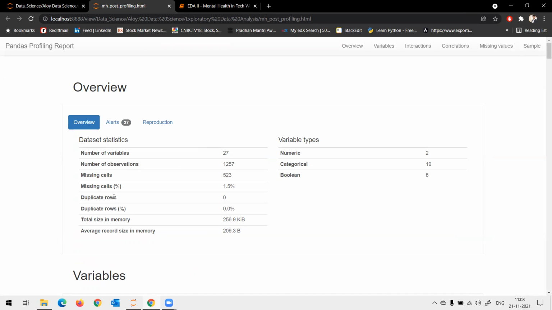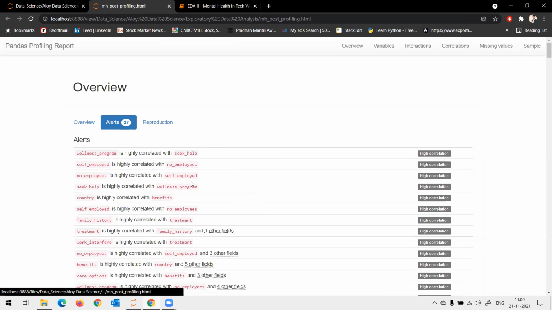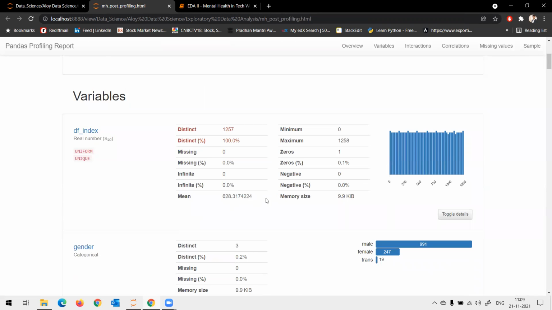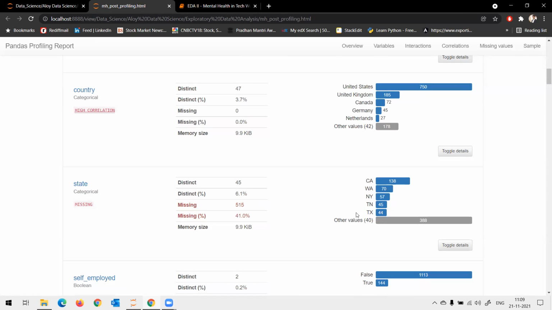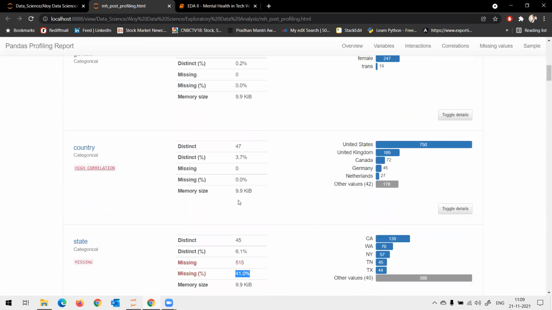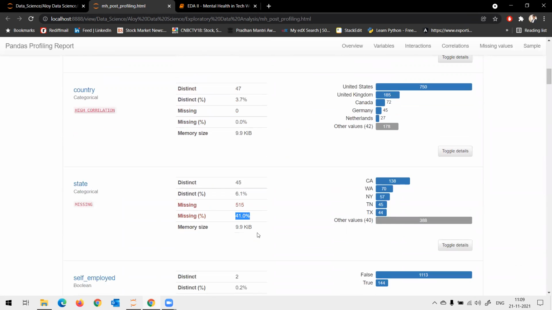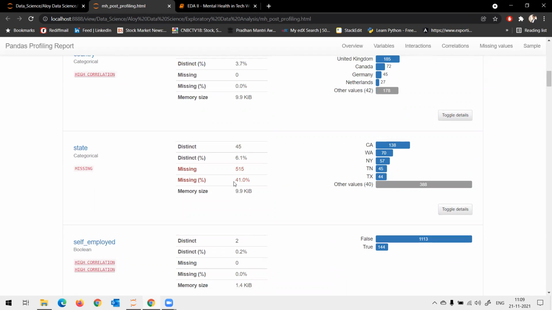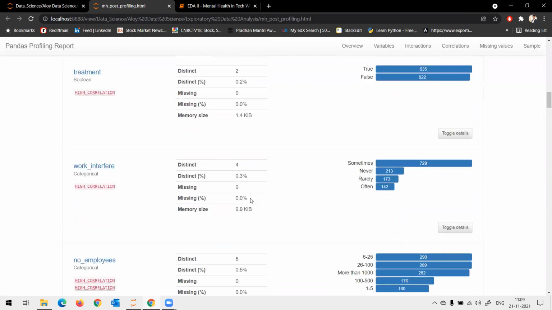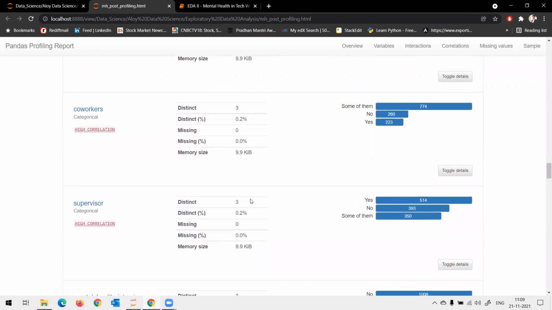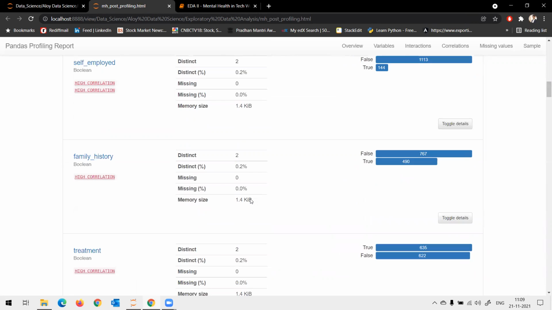After fixing the data, I still see that there are some missing cells. That is basically from my state category. But I will not be more focused on analyzing my data with respect to state, because maximum the state comes only when the country is US. Apart from that, I don't see any missing values.